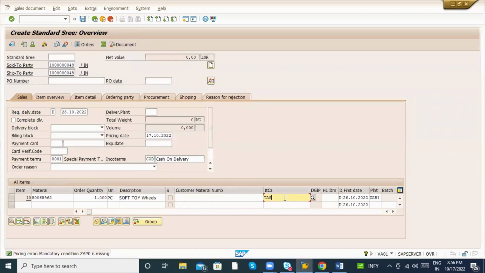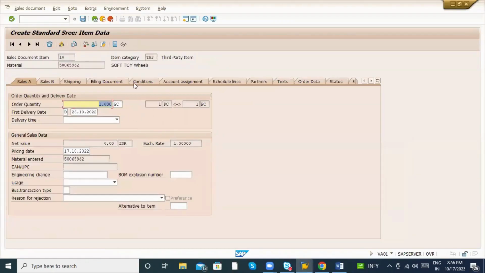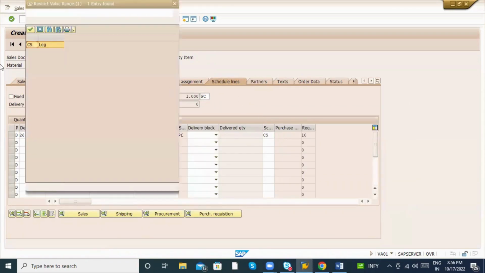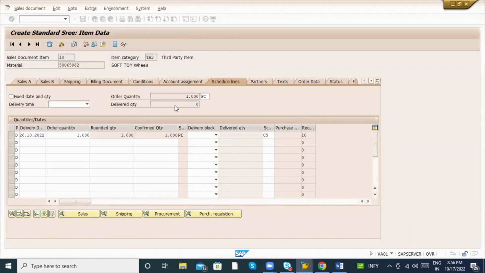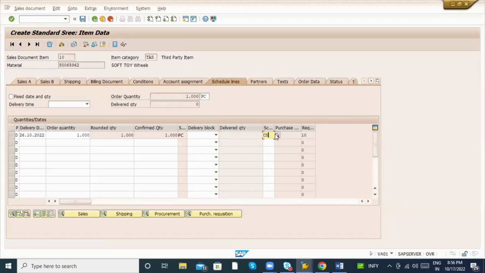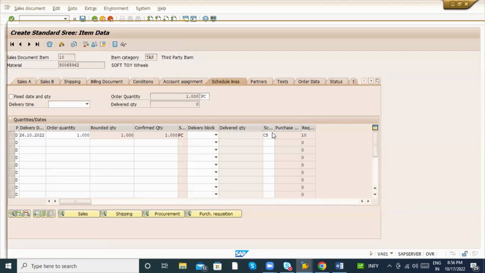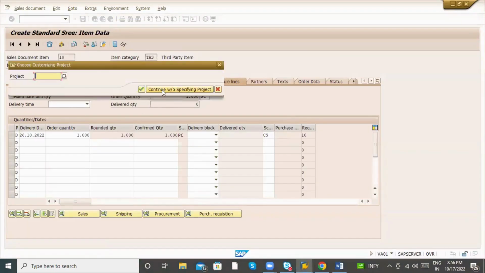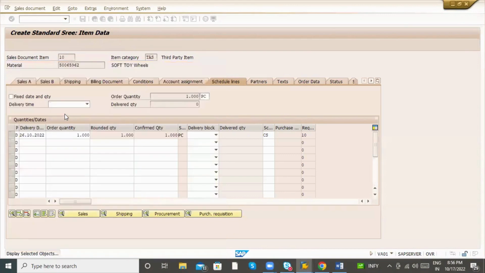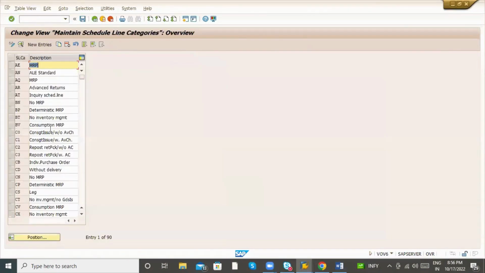So what happens if it is TAS, and what happens if it is TAN? For TAS, there are the schedule lines. There is a CS. When you select TAS, this TAS is converted to CS. What will happen with this CS? In configuration, it is connected to our PR creation. If you go to schedule lines, define schedule line categories, and go to CS,